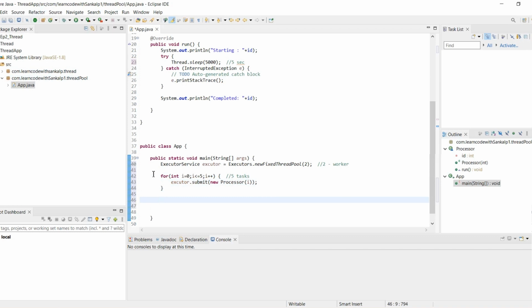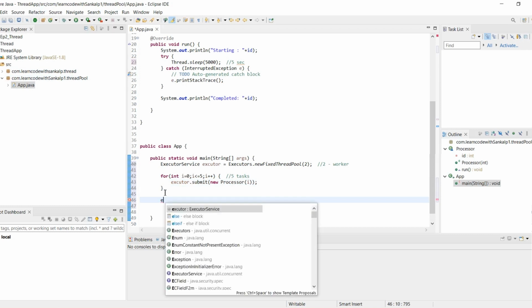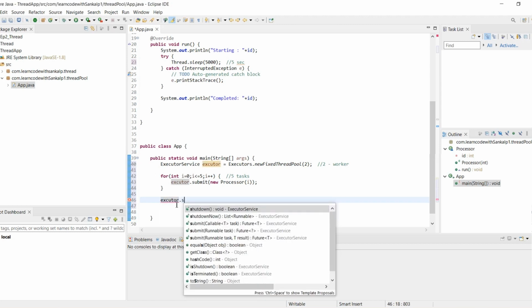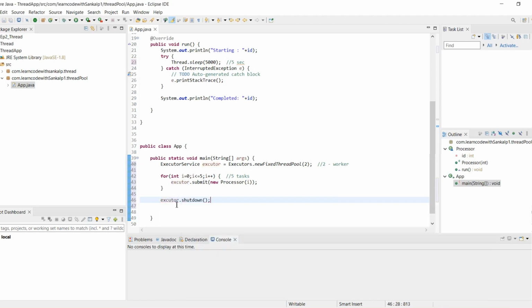Then we call the shutdown method, executor dot shutdown. After shutdown, the tasks are submitted to the 2 workers. The 5 tasks in our application will be submitted to 2 workers.